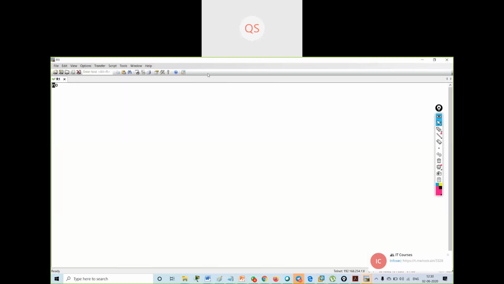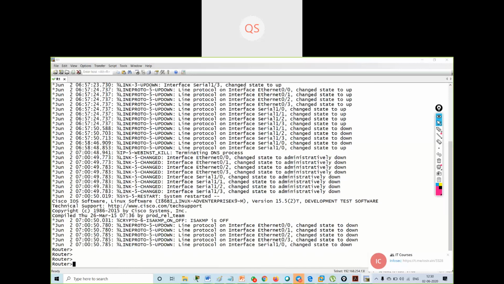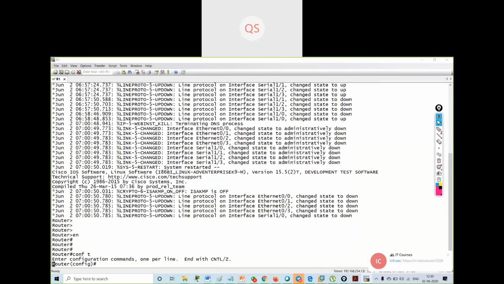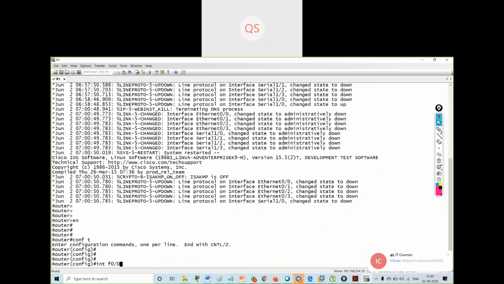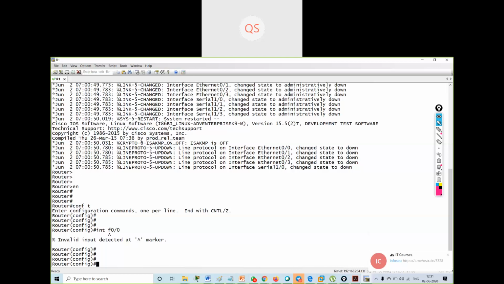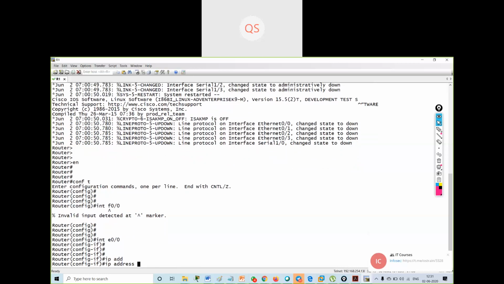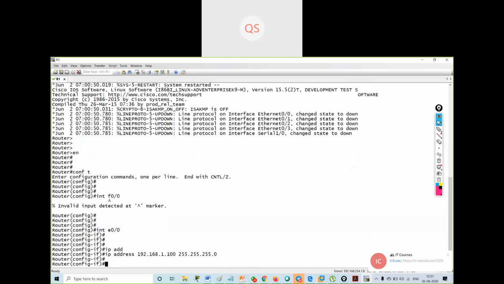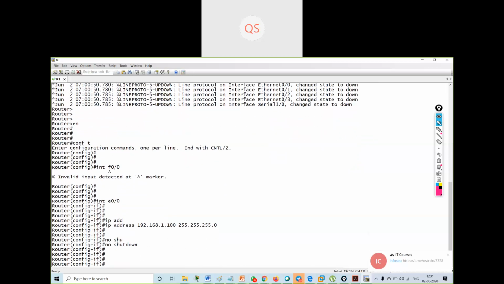Enable, config terminal, interface Ethernet 0/0, IP address 192.168.1.100, 255.255.255.0, no shut.